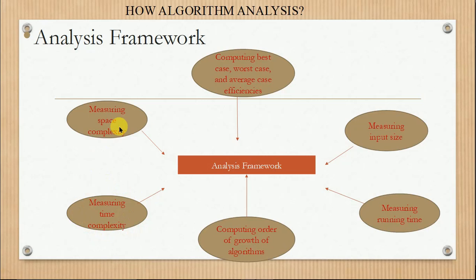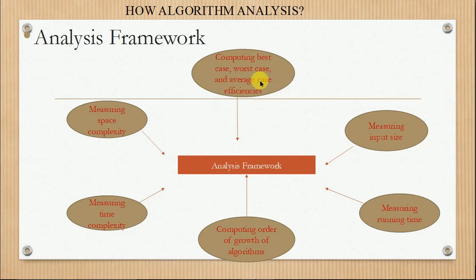But what is our intention? We need to minimize the space, and we need to minimize the time. Depending on that, we need to go for the algorithm development. And the worst case, average case, and best case efficiency, I explained how it is calculated in the previous slide. But one more thing, all three will not be applied for all types of algorithms. For searching, all three are applied, because depending on where exactly the key element is available in the list, that can be done with three different cases.